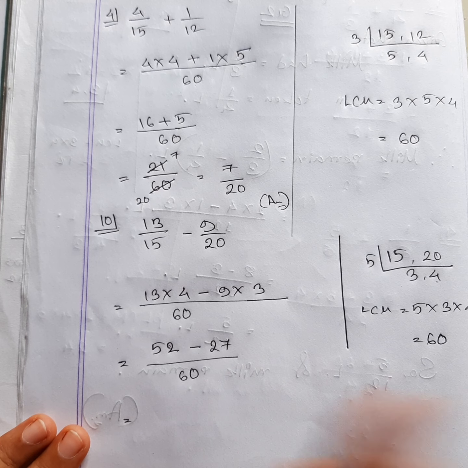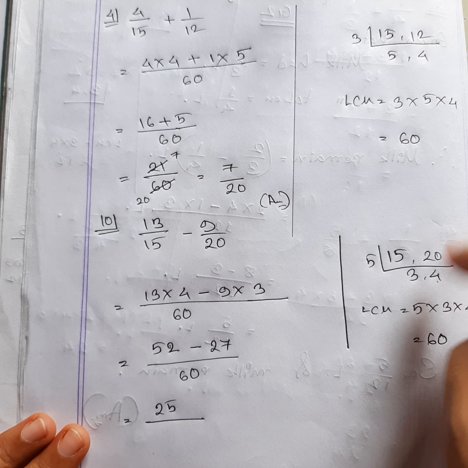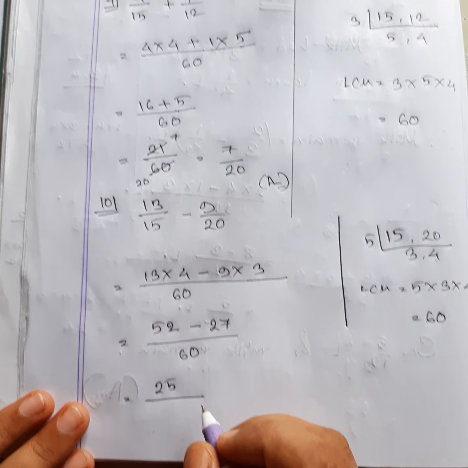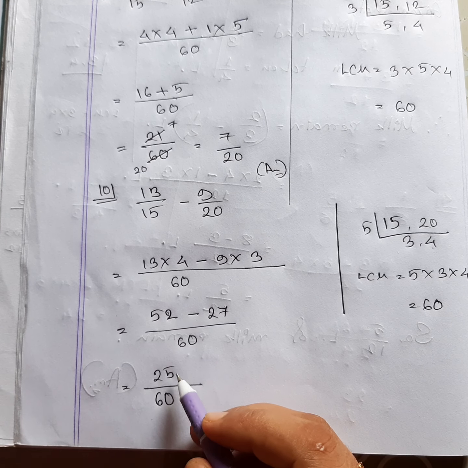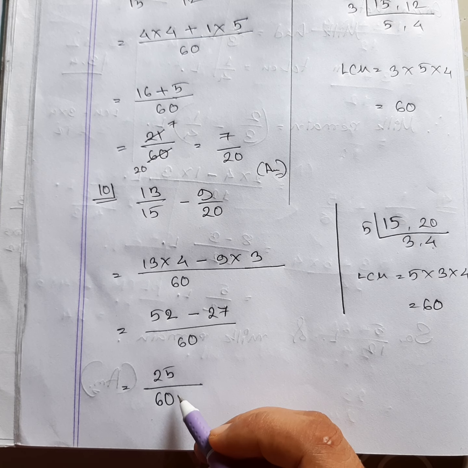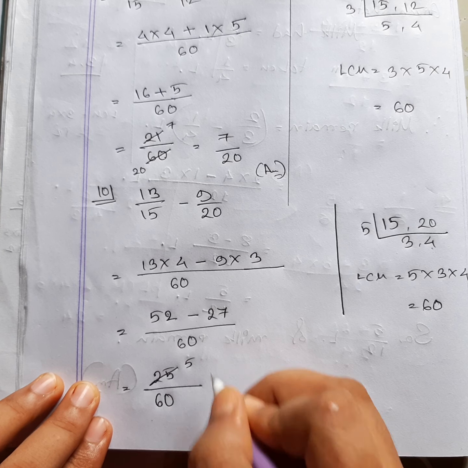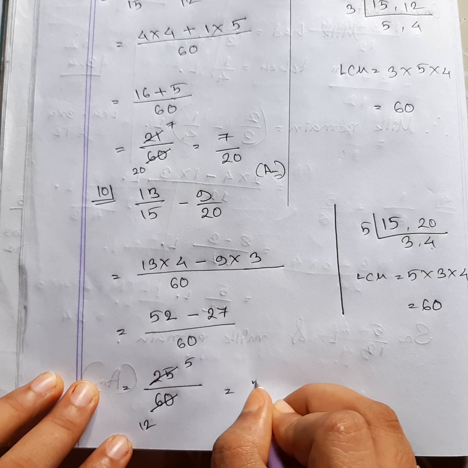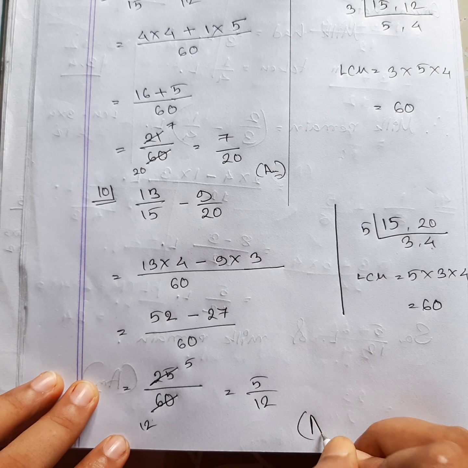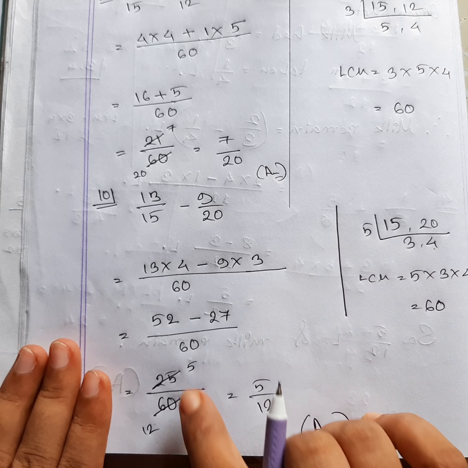I'm skipping a little bit, a small part, so don't get worried. You have to do the multiplication on your rough side. I'm not doing it. Now both of the numbers, 25 and 60, we cannot divide by 2. We cannot divide by 3. We have to go for 5. So I'm dividing by 5, and if I divide 60 by 5, I'll get 12. So 5 by 12. This is your answer. This is how you are going to reduce it.